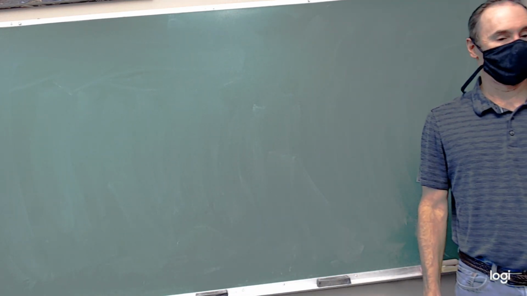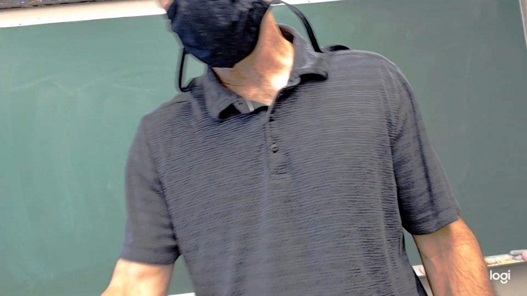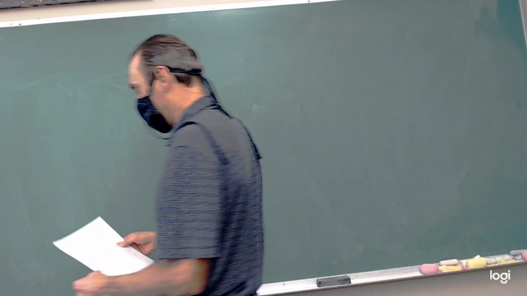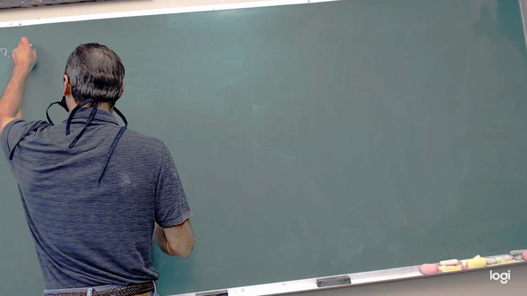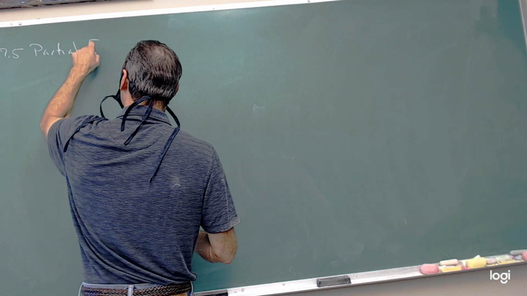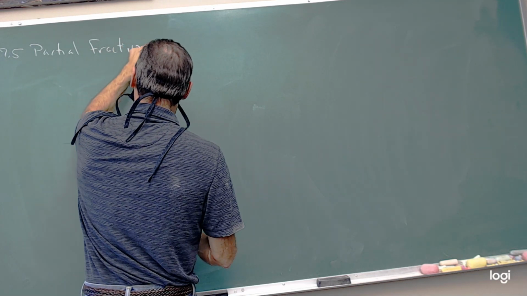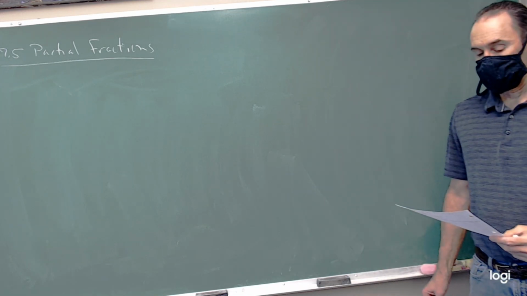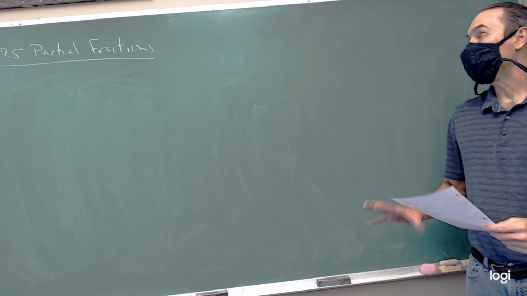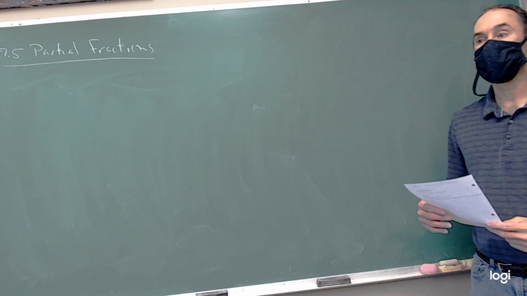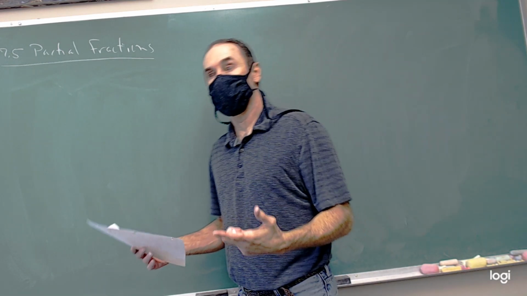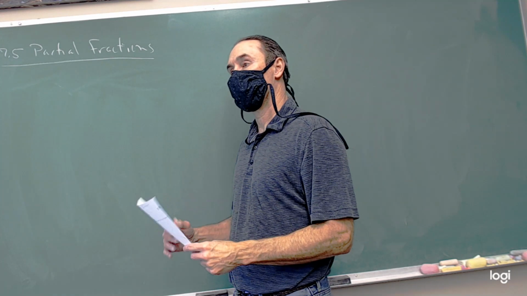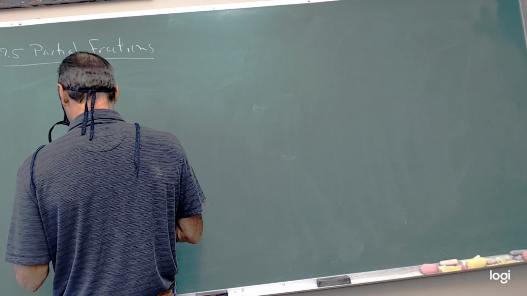Never enough time. So what we are going to do today, we've talked about this before, but now we're doing it as a technique for integration. It's partial fractions, or partial fraction decomposition, it's sometimes called. If we only allow real numbers, which is the world we live in in calculus, so we never deal with imaginaries. If we end up with a square root of a negative, in our world, that means it doesn't exist. It's not defined. So in the world of real numbers,